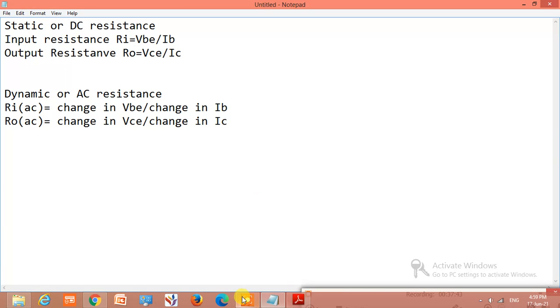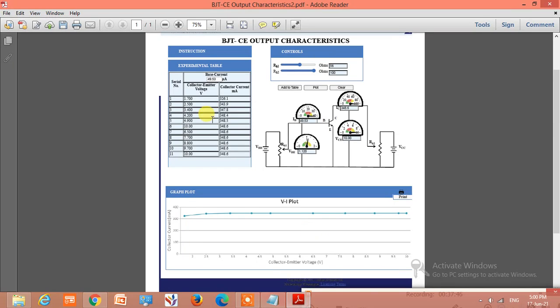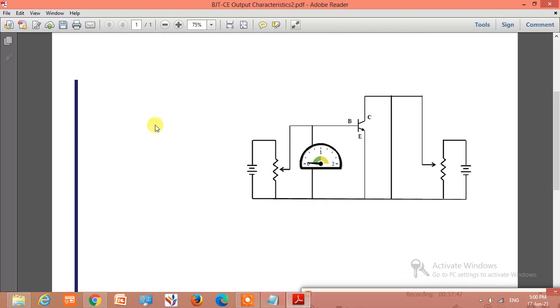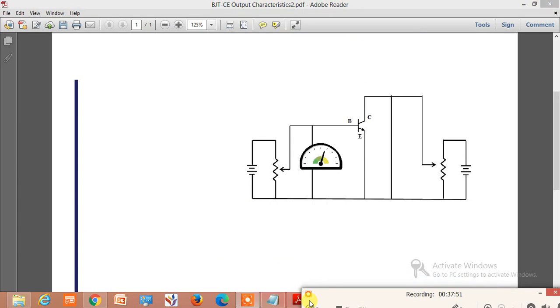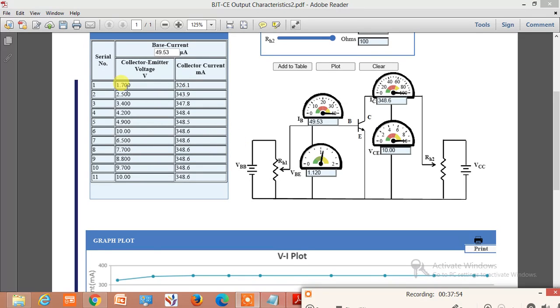So using this observation table, for example, take any two values, कोई भी दो वैल्यूज लेने हैं, say for example 2.5 इससे सीरियल नंबर 2 एंड सीरियल नंबर 10, इन दोनों के वोल्टेजेस, सीरियल नंबर 2 का वोल्टेज, सीरियल नंबर 10 का वोल्टेज, यानी 9.7 माइनस 2.5 डिवाइडेड बाय 348.6 माइनस 343.9। तो जो भी वैल्यू आएगा उसका रेशियो दैट इज इन ओम्स, बिकॉज ये रेजिस्टेंस हम लोग कैलकुलेट कर रहे हैं.